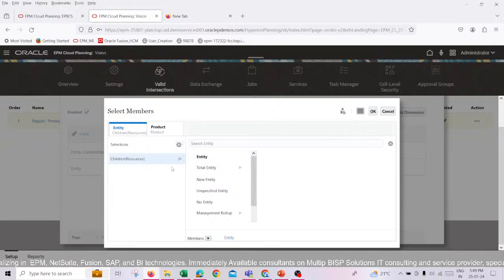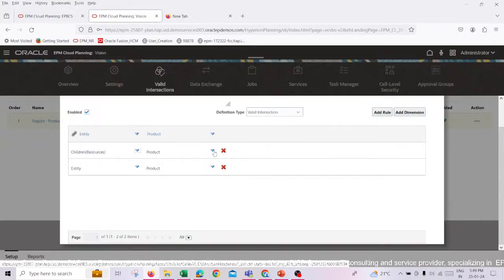Okay, so over here I have selected that the children of resources I want as an entity option, and over here